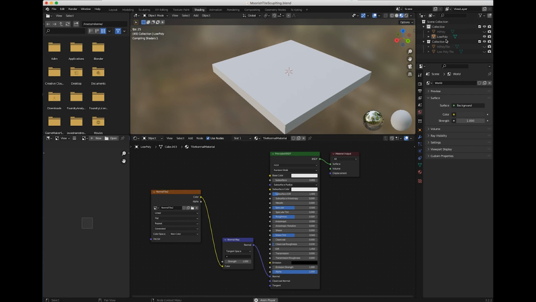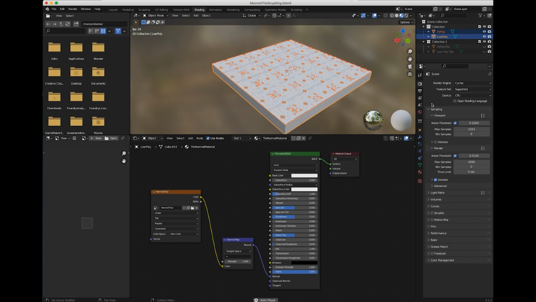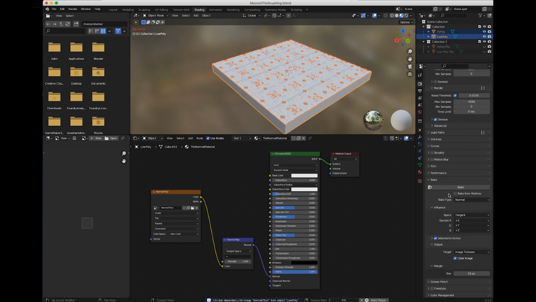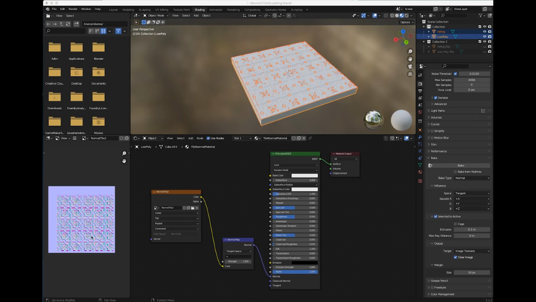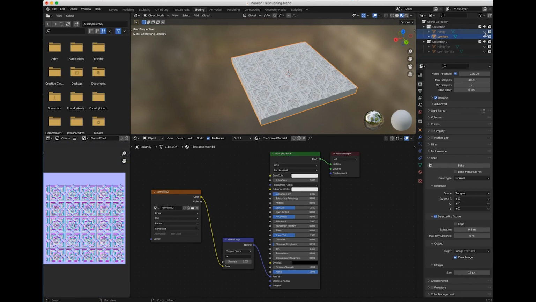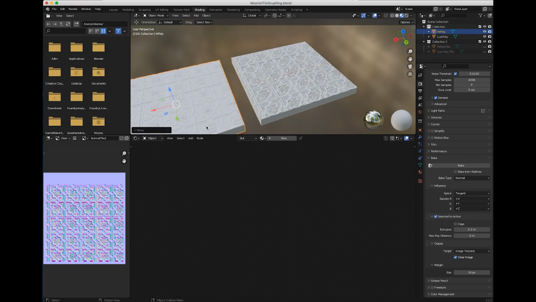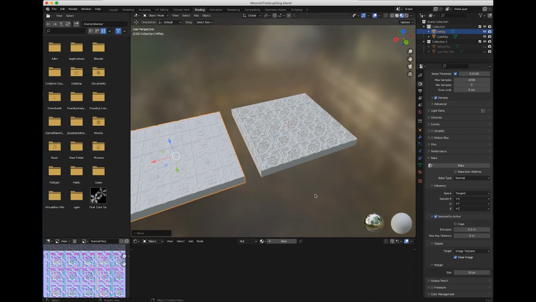Let me do the baking again. So I need to bring that in. Low poly, high poly. And here in my render settings, go down to bake, and everything else is the same. Bake. It's baked, as you can see here. Here you go. And then if I turn off my high poly, let's actually move my high poly. G. Yeah, bring this down for a moment, and you can see